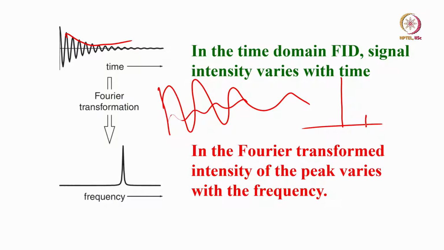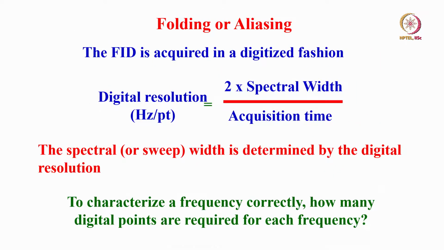The frequencies are different and the intensities in the time domain vary. Correspondingly, intensities will also be different in the frequency domain spectrum. This is what you come across. In the NMR spectrum, all peaks are not of equal intensity. Different peaks have different intensities. As a consequence, when you do the Fourier transformation, the frequency spectrum also will have different intensities. So it's like the time domain FID has different intensities, different amplitudes when you are collecting the signal. Similarly, here also the intensities will be different in the Fourier transform spectrum.